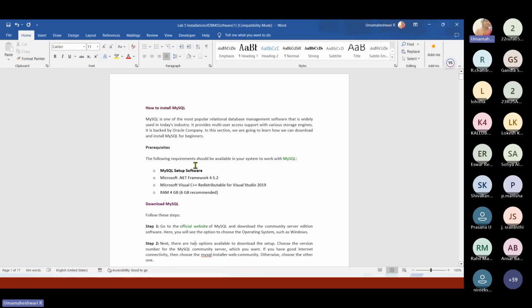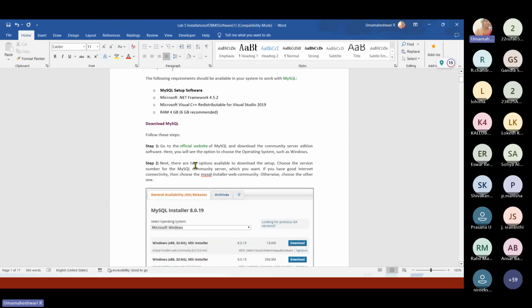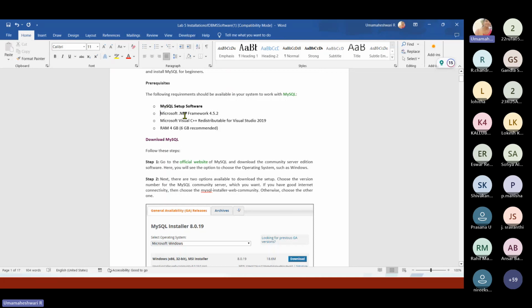Prerequisites: the following requirements should be available in your system to work with MySQL. Why have they mentioned this? Sometimes some students were using old laptops, like Windows 7, so it won't support MySQL sometimes. Even Microsoft stopped giving support for this kind of services for Windows 7. So you have to check whether the MySQL setup software is there and MySQL .NET Framework